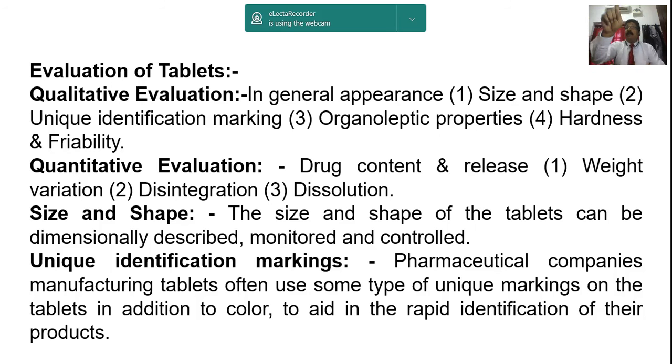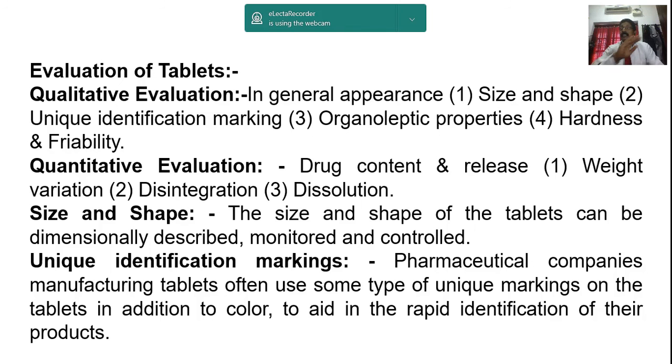It is not done on one tablet. One batch means millions, 5 million, 10 million tablets in a batch will be prepared. So before starting a batch and also in between while the batch is running, every time the pharmacist has to evaluate the tablet and confirm whether the quality is being maintained, and only then is it possible to finish a product of production. That is why this is very important to study here.